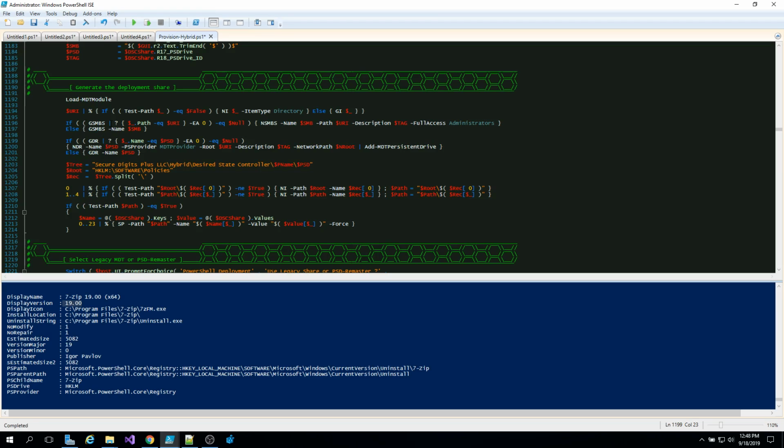Now, once those things are successful, it will create the folder if it doesn't exist. If it does exist, then it'll just get that item. So you could actually stack the installation folder for Hybrid and the MDT server together if you wanted to, but I don't suggest doing that, because if you want to spin up multiple deployment shares or have a production and a development environment, then it makes sense to have the tools folder in a different spot. But anyway,